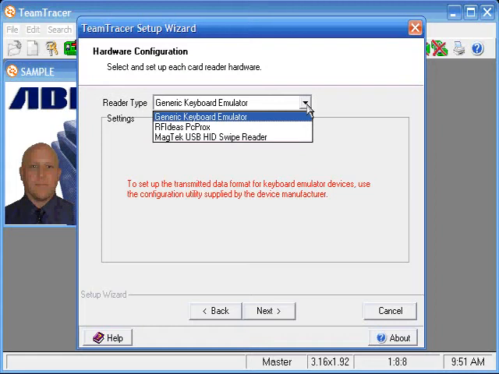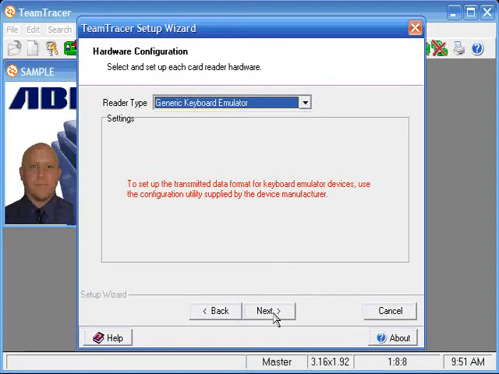However, you'll also notice that there's a generic keyboard emulator. This will allow any standard input device that communicates with the computer as a keyboard to work with the software, which opens up the software to be used with a very, very wide array of readers of all kinds of different styles and types. We're going to go ahead and stay with the generic keyboard emulator for this and go